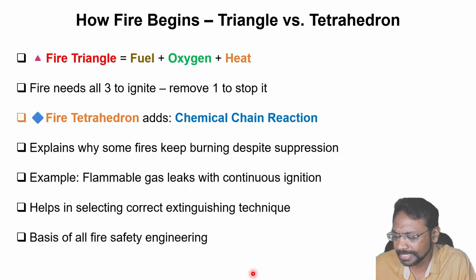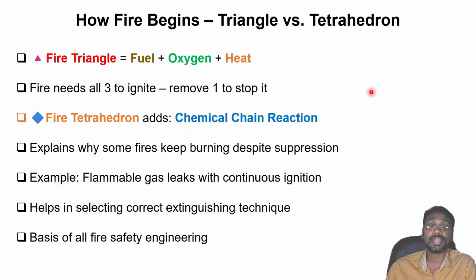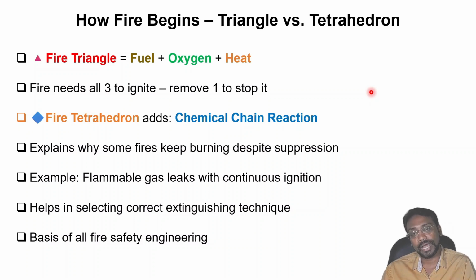Fire, how fire begins? I think people might know about the fire triangle or fire tetrahedron. The fire triangle is nothing but three things that are required. In your school time you might have done an experiment, a candle flame experiment. A candle will be there, then if you cover it with a tumbler or a glass, the candle flame goes off. Why? We cut off oxygen. So oxygen, fuel and heat, these three things are required for a fire to occur,